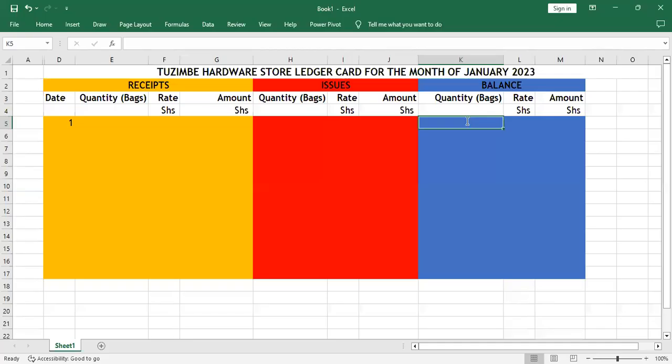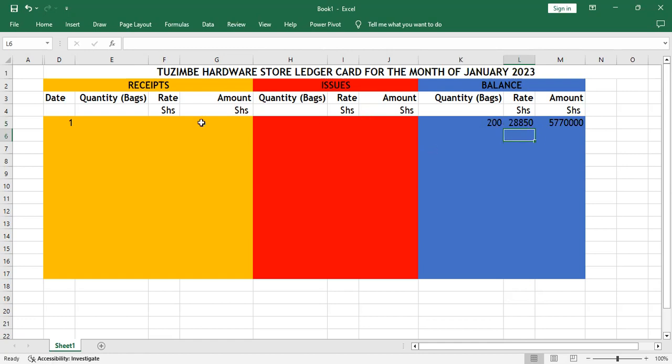I have 200 bags. I just take this straight to my balances. And they are telling us that the total cost of these bags is 5,770,000. So the amount is 5,770,000. If I want to get the rate, the average rate, of course I will get the cost divided by the bags, the quantity, which gives us